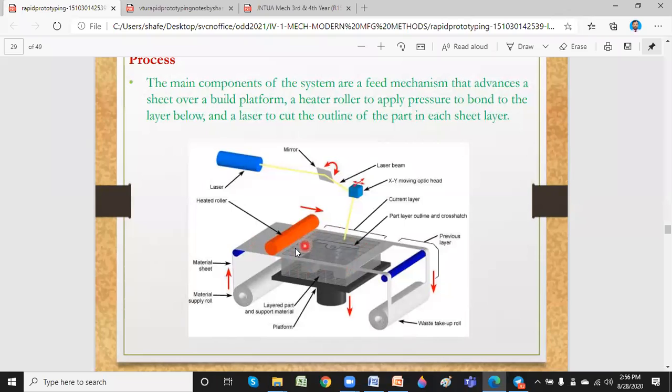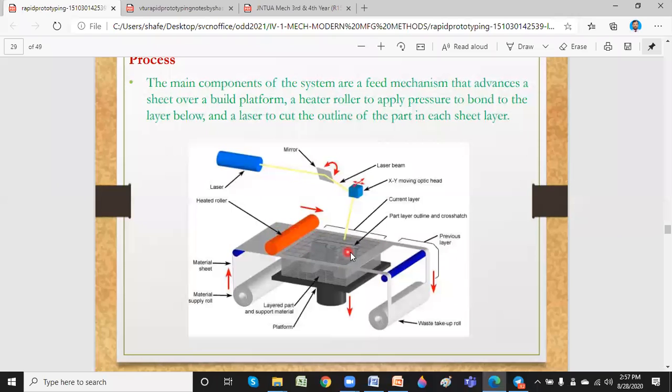Once it is made, that part moves down because the platform is moving down. Then another sheet of material comes in, the laser comes again and cuts it, and that layer of sheet forms above the previous one, which has moved down with the platform. So again you get one more layer in the second cycle.